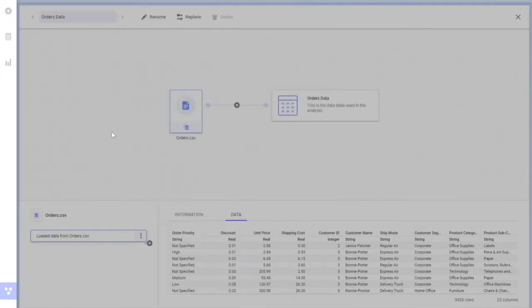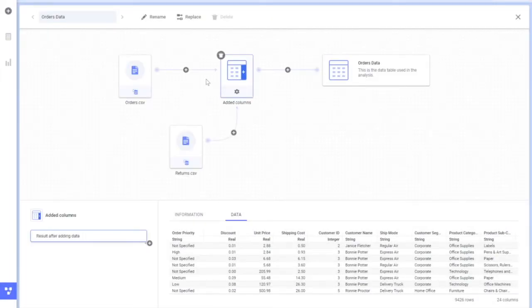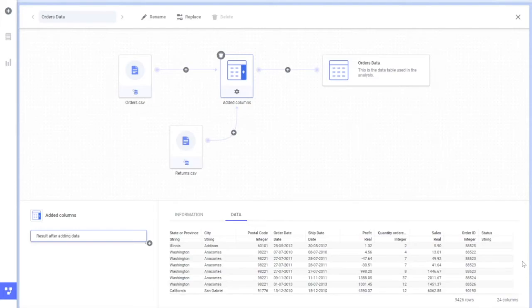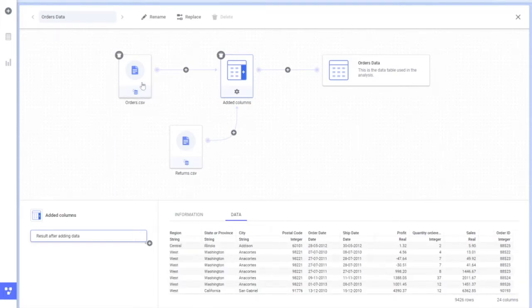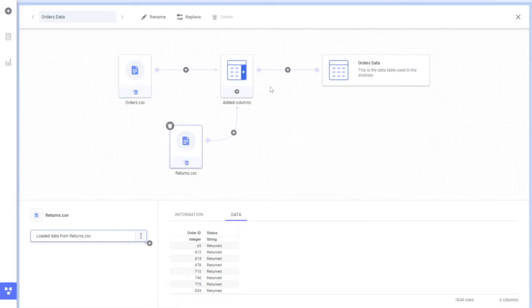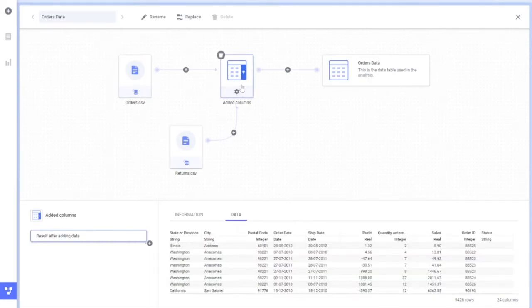Say okay, and if you want to transform the data here itself, you can do it, but I don't want to transform data right now. I can do it later if there is a requirement. So if you see here that data is loaded, I will get an extra column called status in my main data, and this is how I will create the calculations. Now you see that I have two tables here, table 1 and table 2, combined together. It tells me that this is an added column, which is nothing but a join.